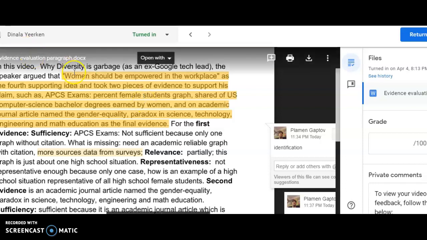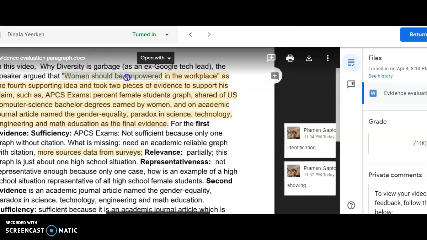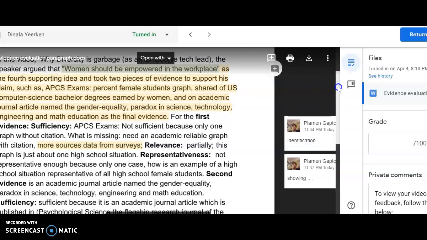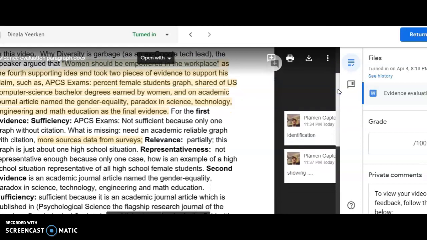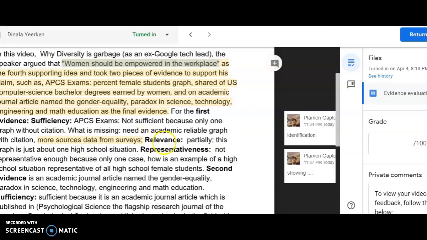Again, I think the idea you've started with is kind of tricky here. You see, that's what makes it a little bit difficult. If you start with a more clearly expressed supporting idea, then you can analyze whether the evidence is representative in relation to that idea, whether it's relevant in relation to the idea, whether it's sufficient, again, in relation to the supporting idea. So it's very crucial to start with a clear supporting idea. Here I'm not very sure about this.